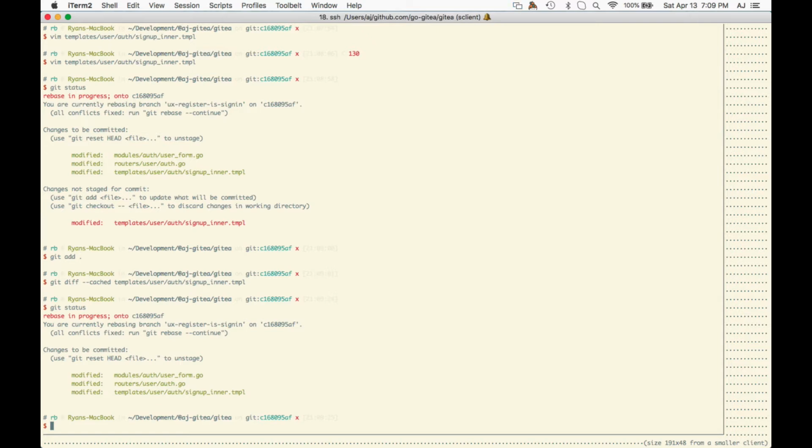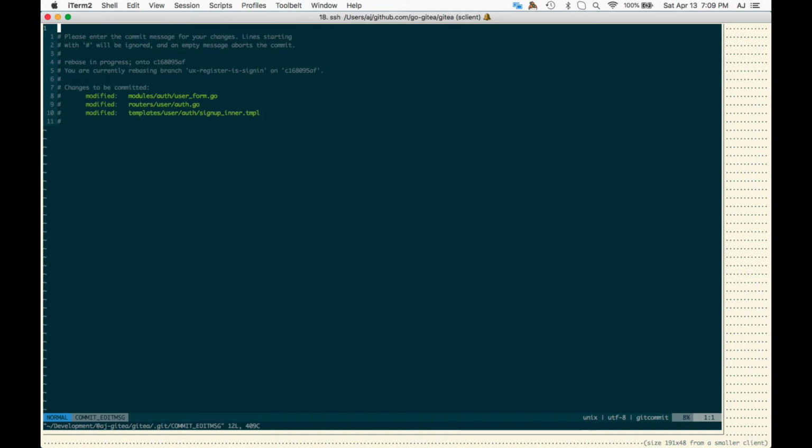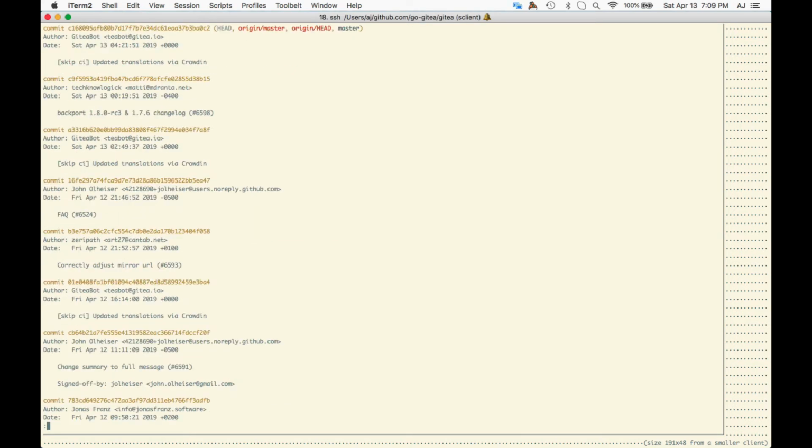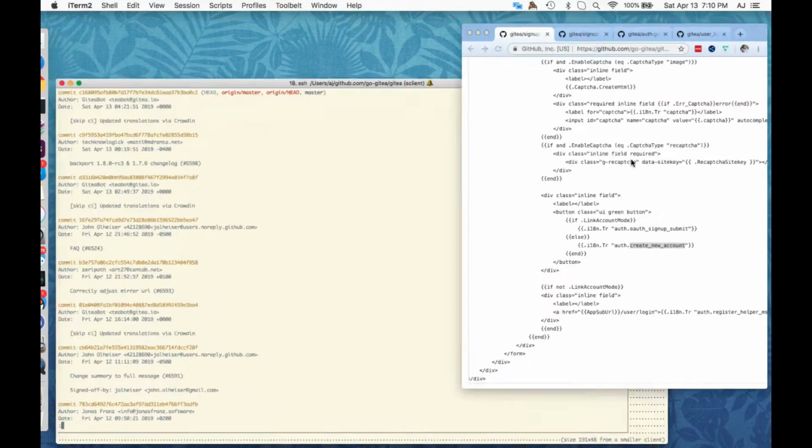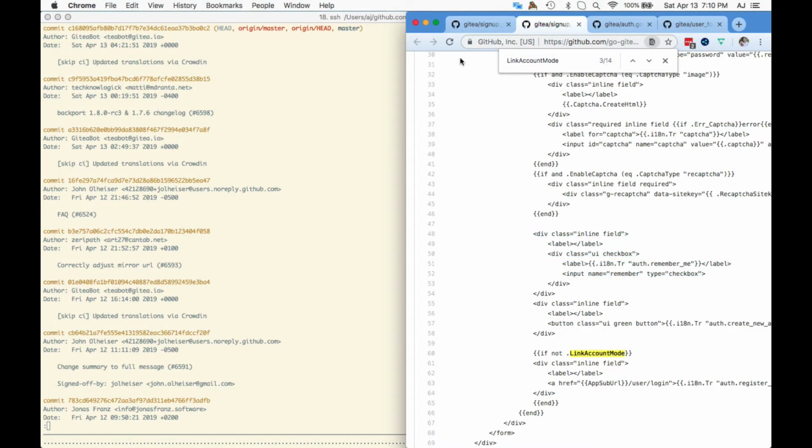Okay, so I think we can git commit and git force push that back to the feature branch. Would you like to type the title? It should be just whatever it was before, but... no. Rebase auth form. I don't know. Let me check on mine right here what the commit message was.